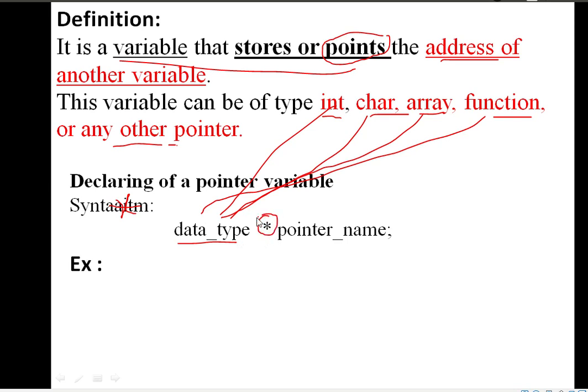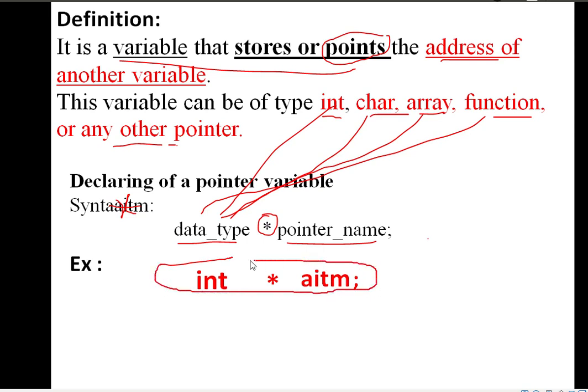It's mandatory, followed by the pointer name. So for example, the data type I am taking is int, followed by what? Star, followed by any name. You can give any name. Here I have given aitm, so it is called a pointer. How to identify whether it is a pointer or not? Based on this star mark.